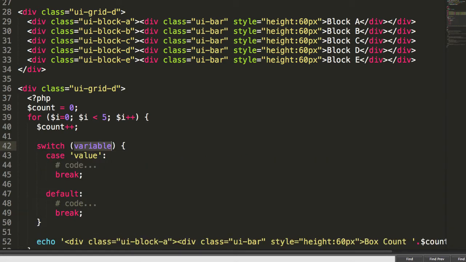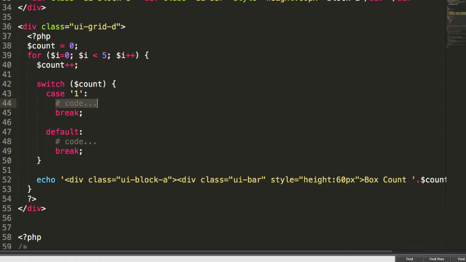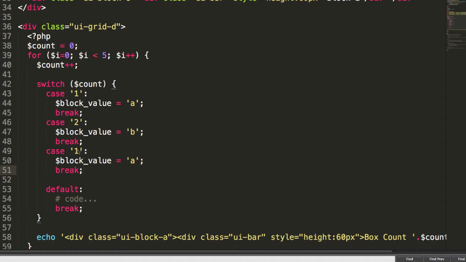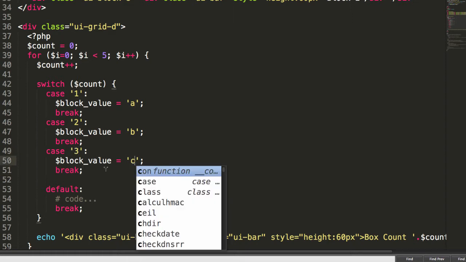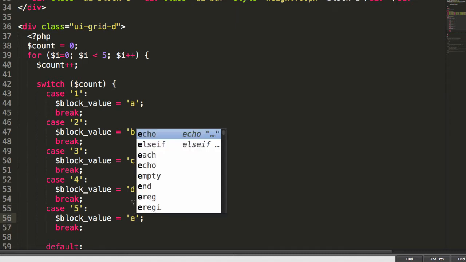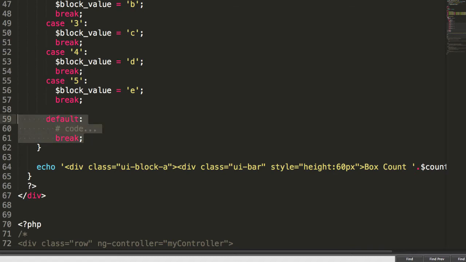Okay, I'm going to say switch count, and if the count happens to be 1, then I'm going to say block value equals A, and if the count happens to be 2, I'm going to say block value is B. If it's 3, the block value is C. 4, it's going to have a block value of D, and 5 is going to have a block value of E. Okay, and I'm going to take out this default thing,